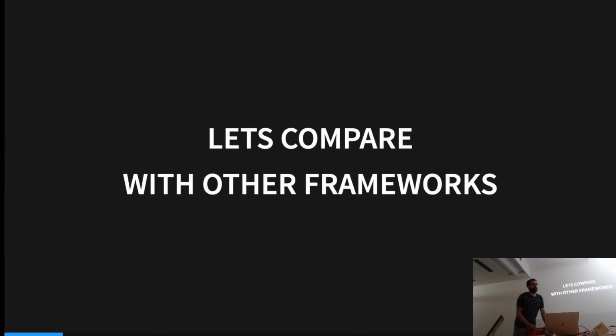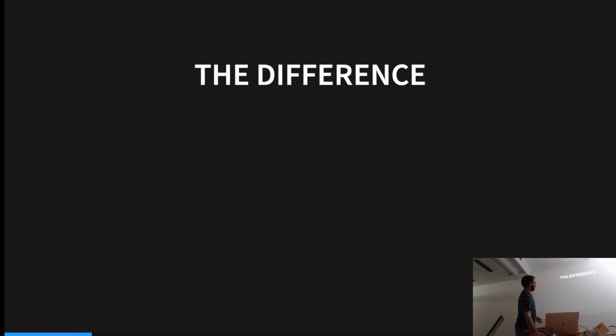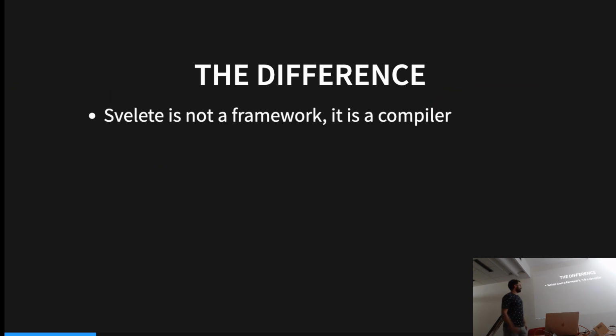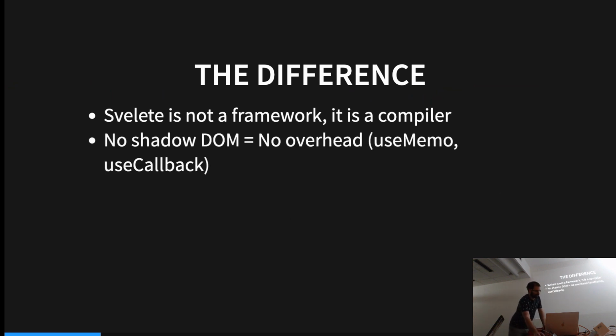So, what's the difference between Svelte and the other frameworks? As I said, it's somehow different, it's still declarative, but what are the main differences? It's actually not a framework, it's just a compiler where you write some code and you get some total other code, and you don't, what's the main point, you don't get the framework itself after compiling. React or Angular are actually kind of compilers as well, because you write JSX or you write in HTML with some mustache stuff in Angular, but at the end you just get instructions how to create the DOM by JavaScript, not HTML itself.